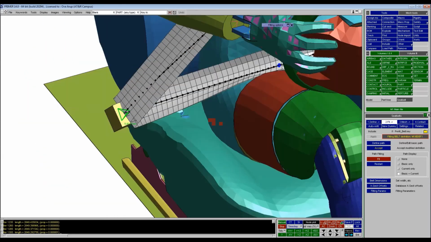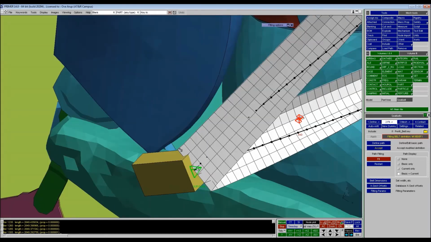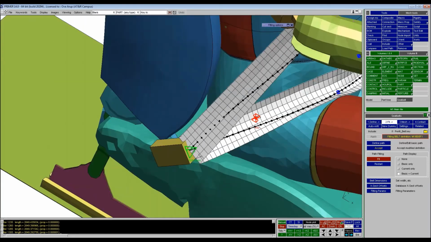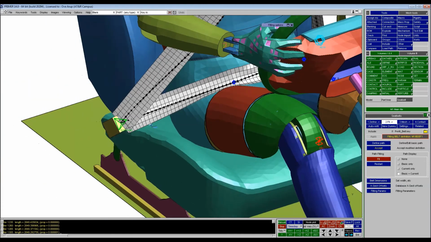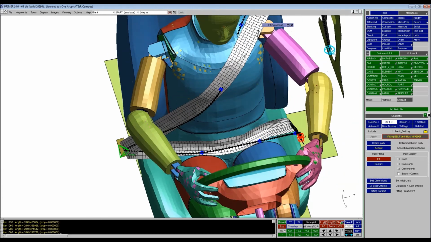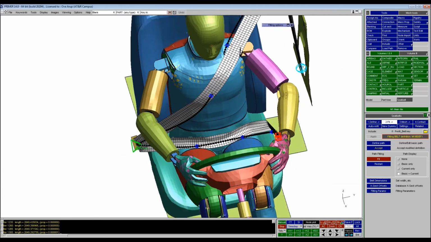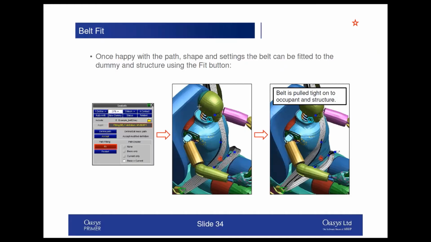You can see down here, the buckle has got a crossed edge, but we didn't actually select the buckle as part of our definition, so Primer wasn't aware of that. And actually, I don't care about the buckle in this particular model anyway. So that's been a success. However, it wouldn't always be a